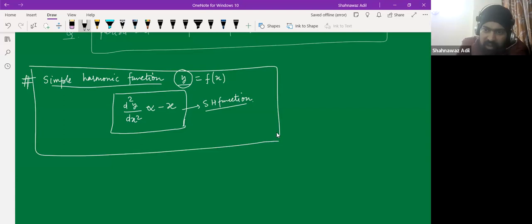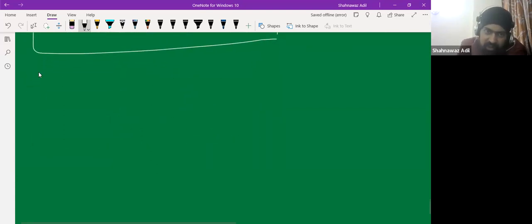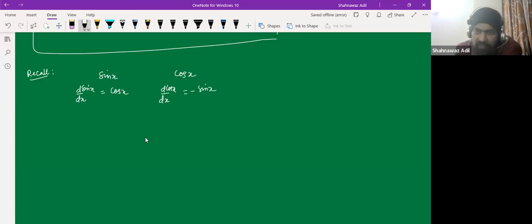And let us revise these parts. For that we have sine x. So differentiation of sine x would give us cos x. And if we have cos x, differentiation of cos x would give minus sine x. And if we multiply a constant here,